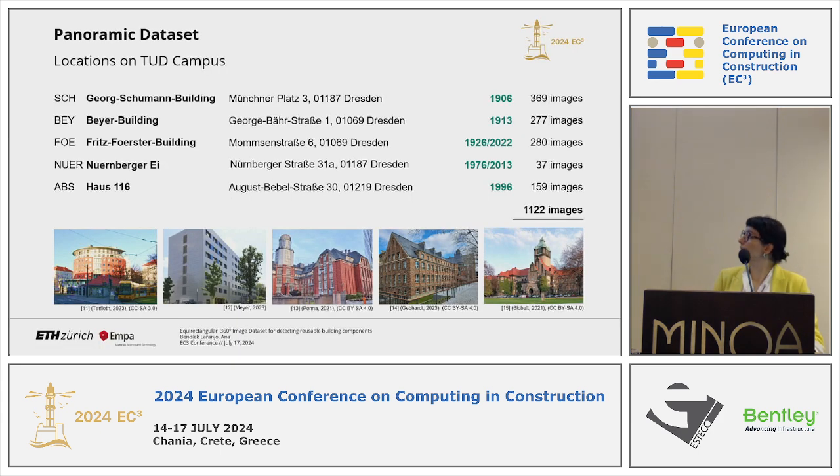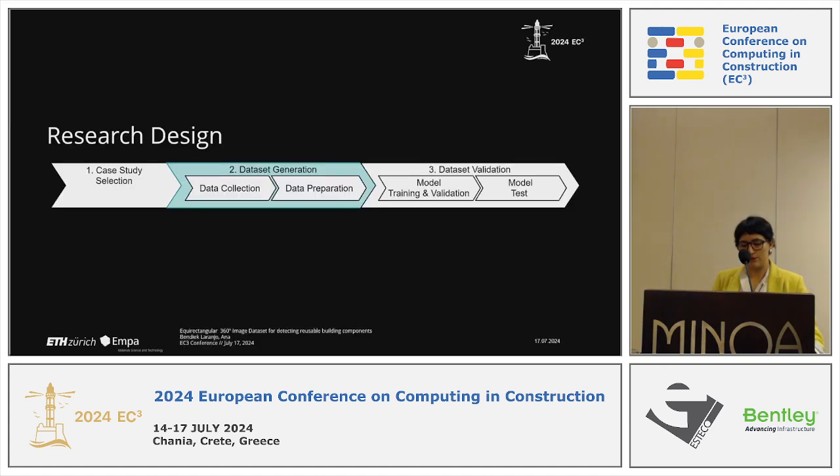In 2022, 85% of all residential and non-residential buildings demolished in Germany were constructed before 1986. So keeping that in mind, for our case study, we selected 5 publicly accessible buildings on the campus of the Dresden University of Technology, according to their age, their architecture, and also their use stage. We have buildings in this case study that are partially gutted and not used or partially used. We have some of them that are completely empty for renovation, and some are still in use, which quite well reflects the end-of-life stages of a building. So while the relevance of the data